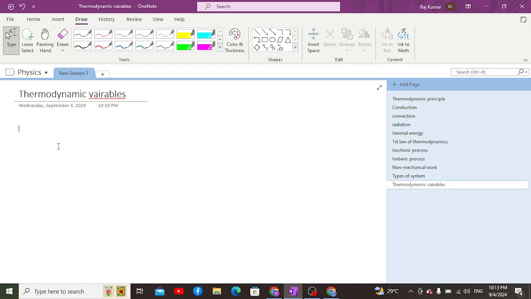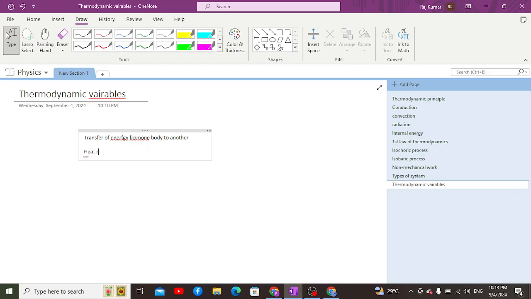First, we need to understand what thermodynamics means. Thermodynamics is basically the field of heat. It is a branch of physics in which we study the transfer of energy from one form to another, from one body to another, either through